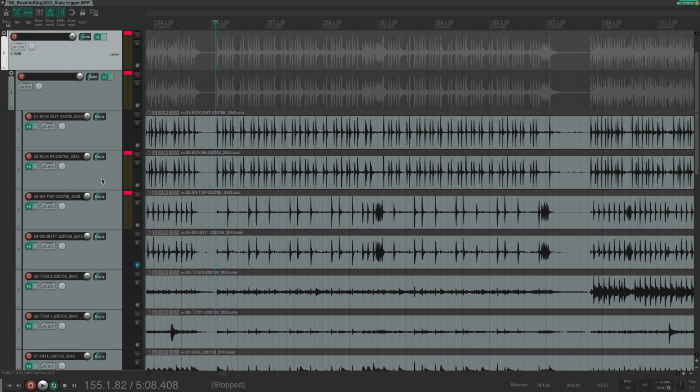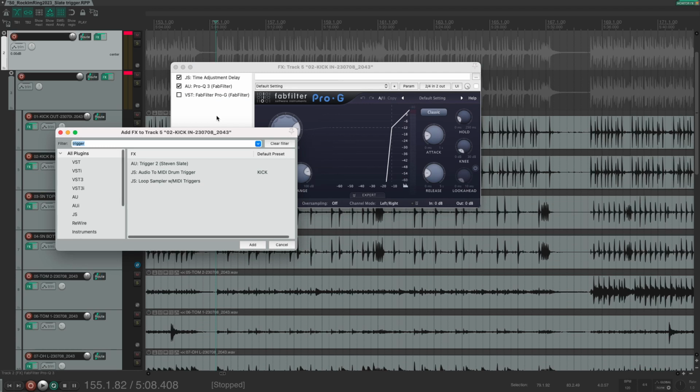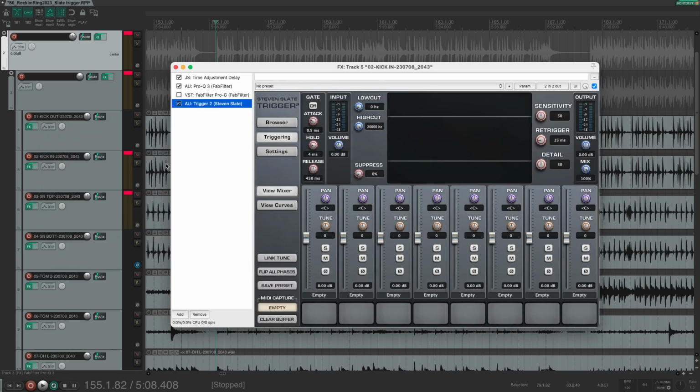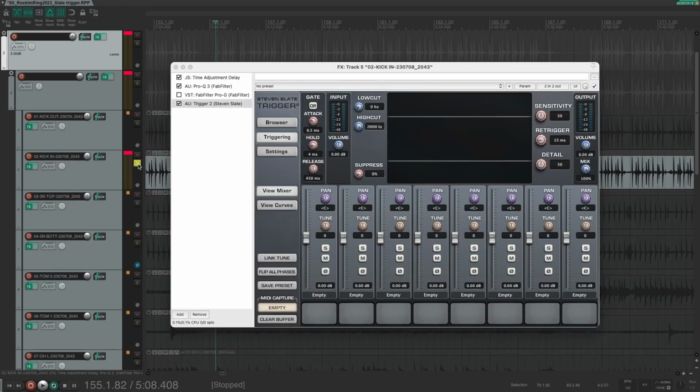I want to start with a function which is often overlooked in Trigger, and I'm speaking about the gate function. For that, I will open Trigger on my kick-in track, and we will have a listen to just the kick-in track with no gate inserted. You can hear that there is some long kind of bloomy decay to the kick drum